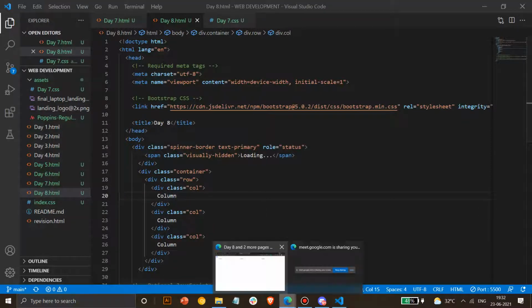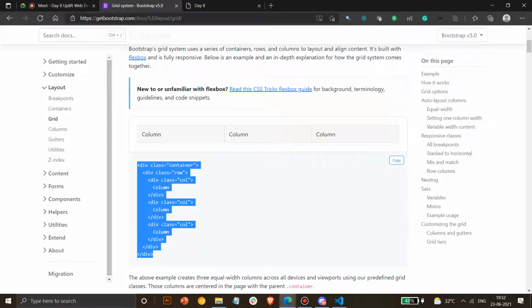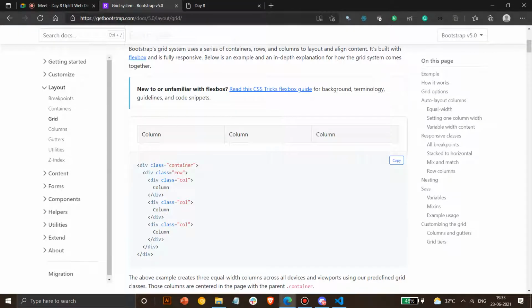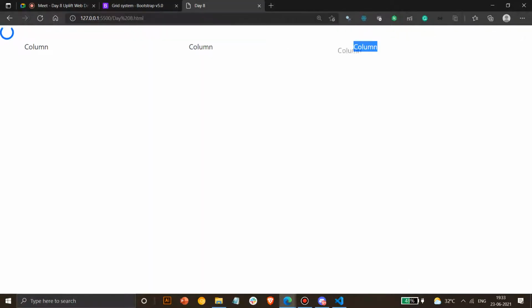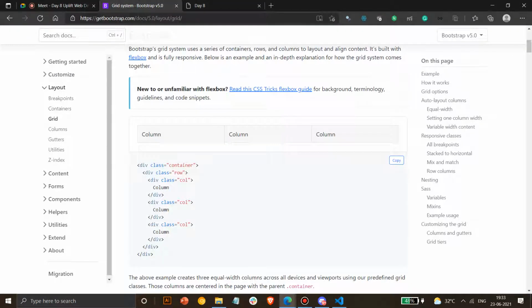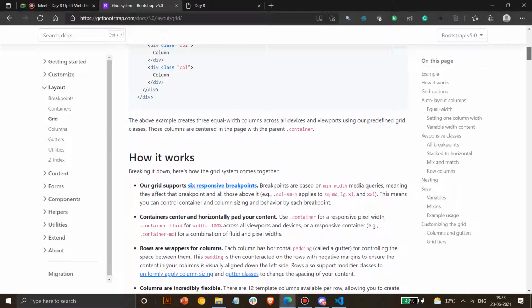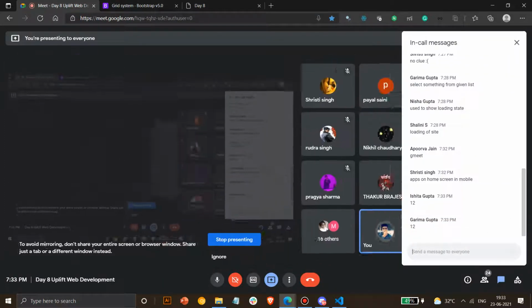And if you want to specify a specific number it should occupy, can anyone tell what's the width of this complete width in Bootstrap? What is the maximum width of a grid system in Bootstrap? This extends from here and it ends up till here. What's the width for it? There's a maximum number of grid columns that are allowed in it. Here you have to use 3. How many can we go up to? Anyone? 12, 12, 12. Yeah, everyone knows this.